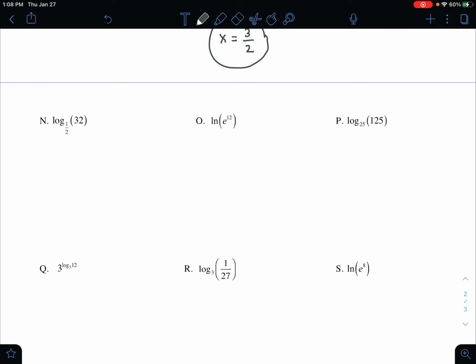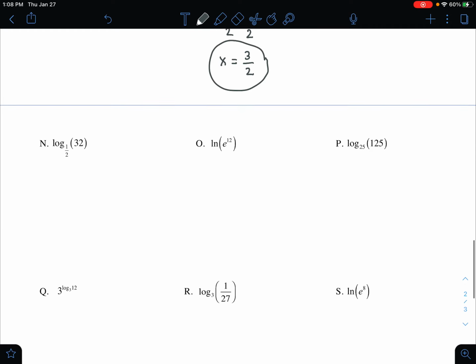All right, at this point, you should have had the opportunity to pause the video and take a moment to try them, and now we'll go through and you can check to see if your answer is correct. I am not going to give you the answer to 2 of these because I want to check to see that you have an understanding